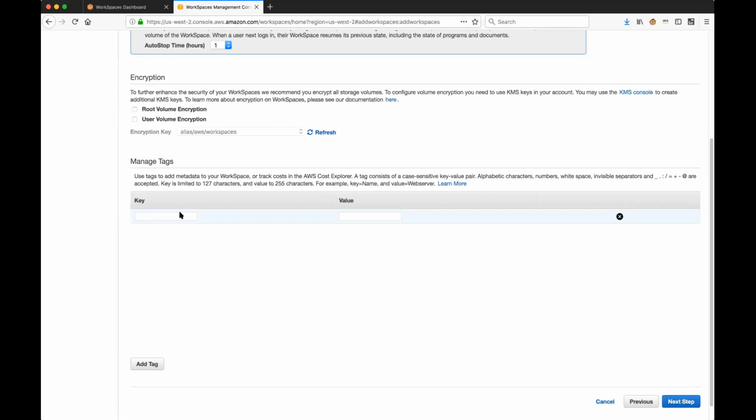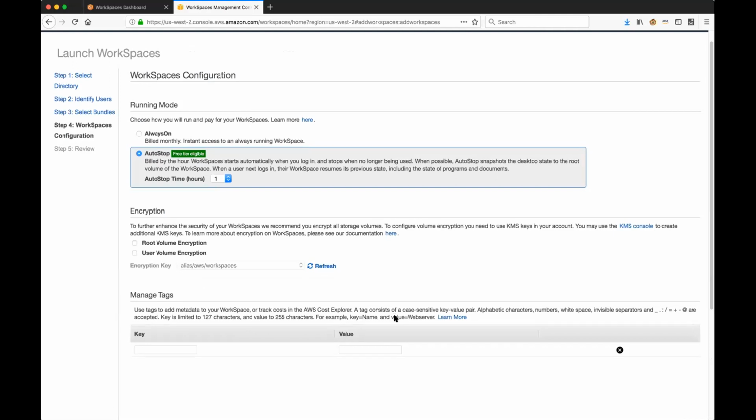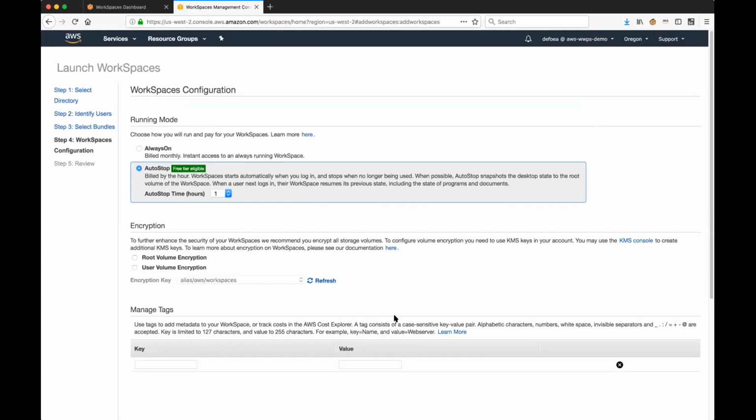A lot of our customers treat workspaces as assets because they're long-lived, they work inside of the AWS environment, so you can tag those essentially as digital assets inside of your organization and manage the cost and chargeback, especially if you're a large organization and need the ability to do that. So tagging is a very powerful tool inside of AWS, and every resource inside of workspaces can be tagged and